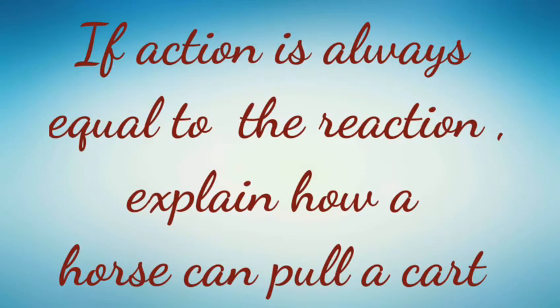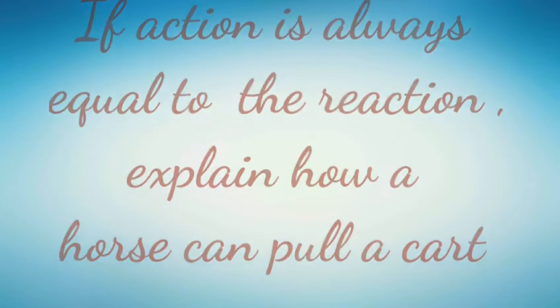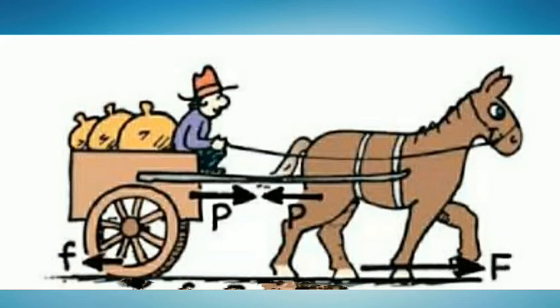Now students, a very interesting question arises: if action is always equal to reaction, then how can a horse pull a cart? So students, let me clear this up. Actually, a horse pulling a cart pushes the ground with its feet backward at some angle. In turn, the ground exerts an equal and opposite force on the feet of the horse. Students, the horizontal component of the force F exerted by the ground makes the horse move forward along with the cart. This motion is opposed by the force of friction f between cart and ground,